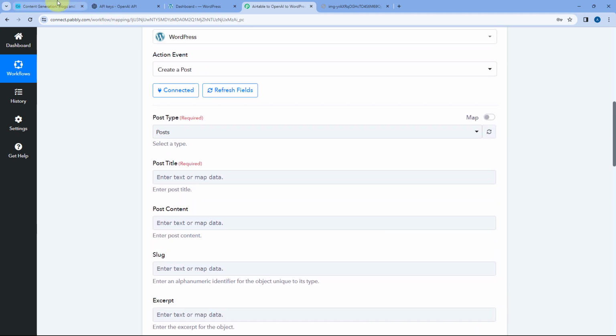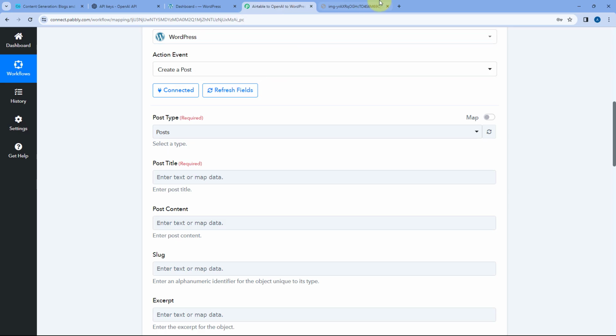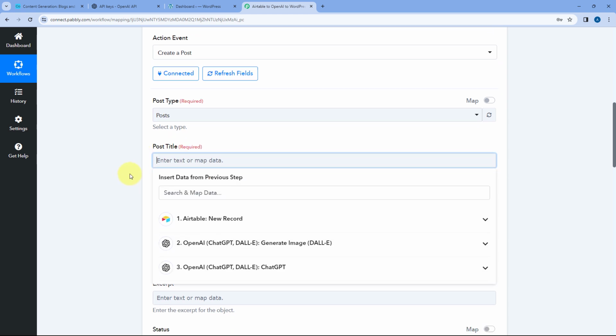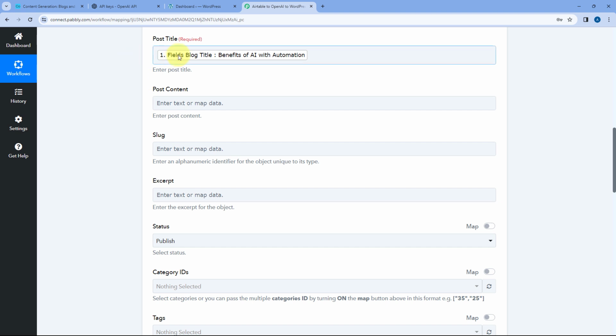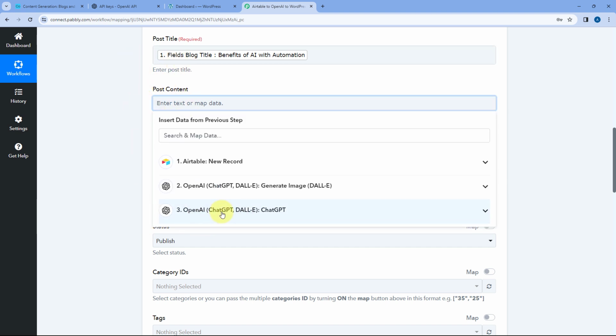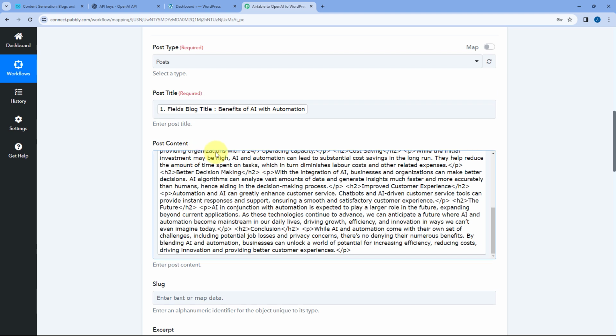So we have entered the blog title in our Airtable database. Now what we are going to do, from the Airtable responses, from the trigger step responses, we are going to map the response of the same blog title over here. Then after that, it is asking us post content. So using ChatGPT, using OpenAI, we have generated the content for the post in HTML format. So we are going to select the same response given by ChatGPT